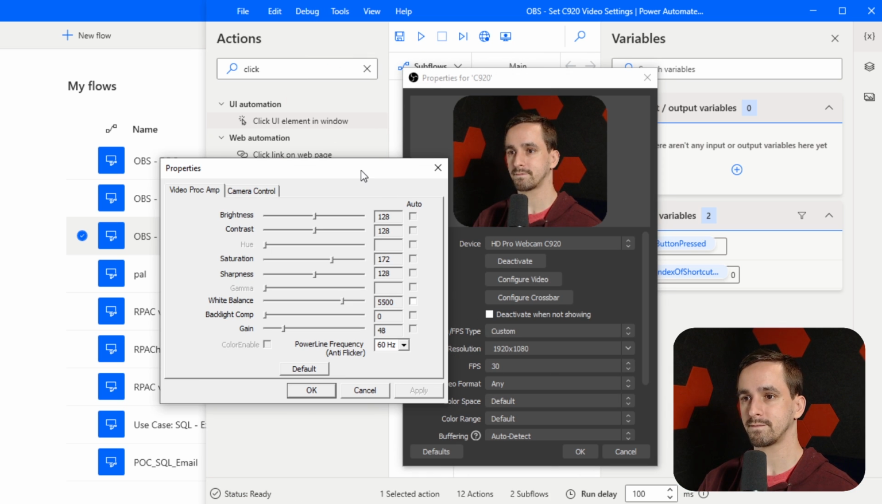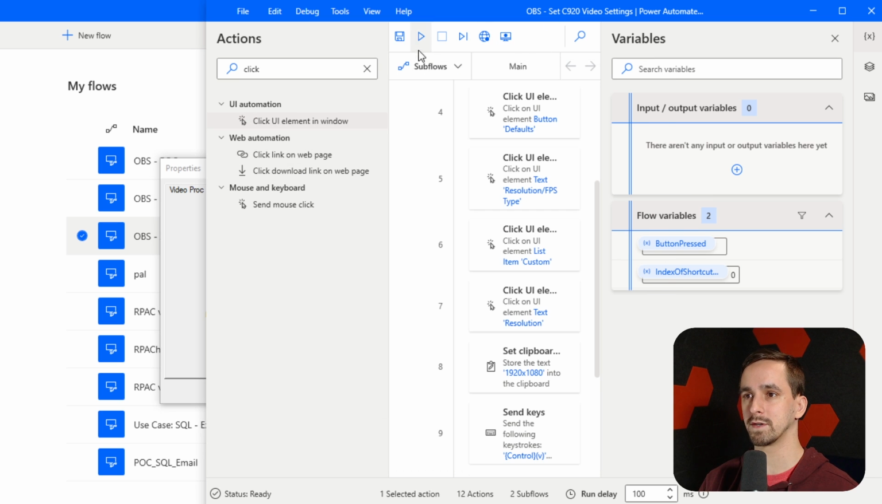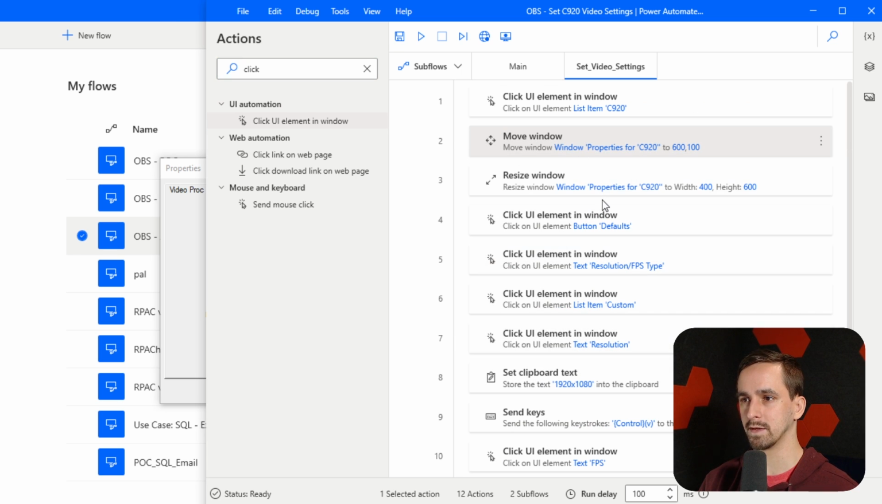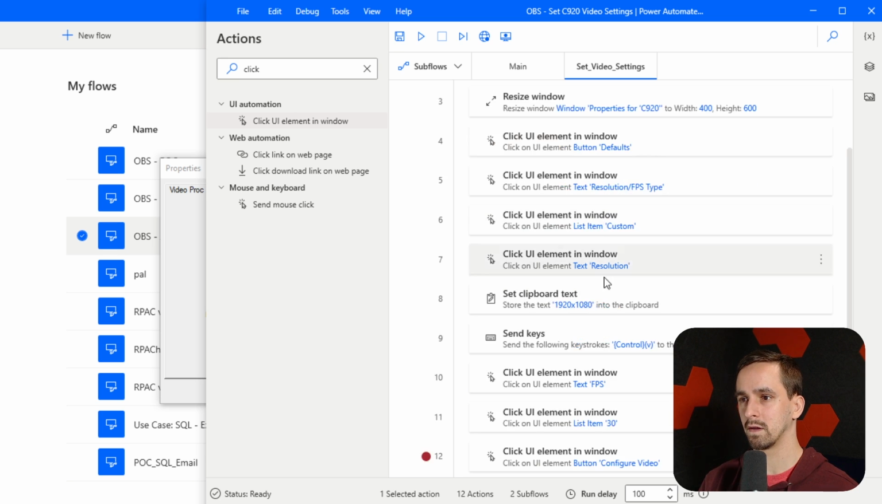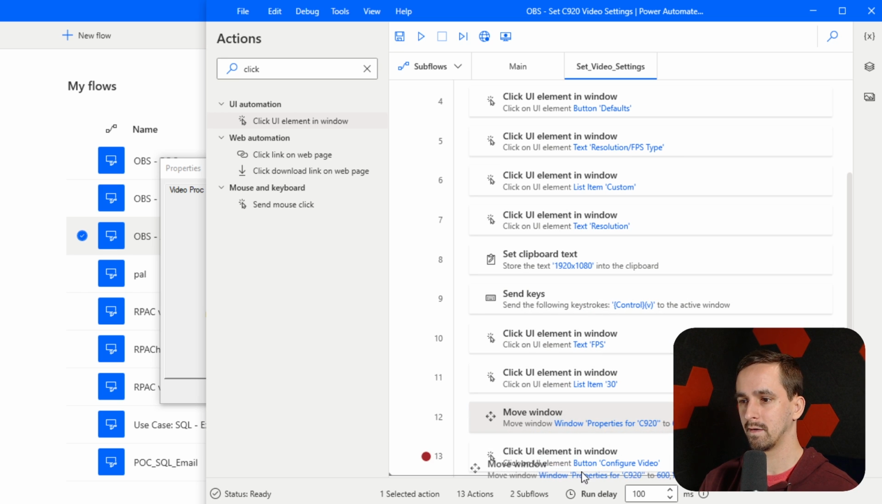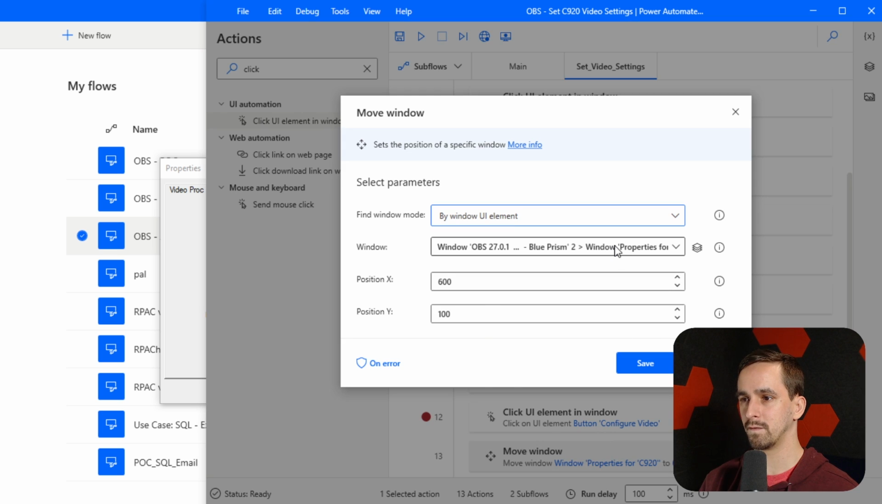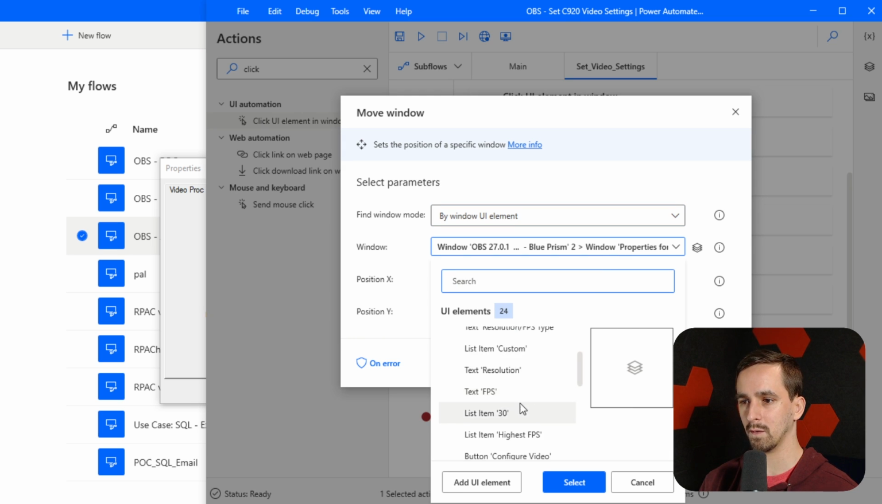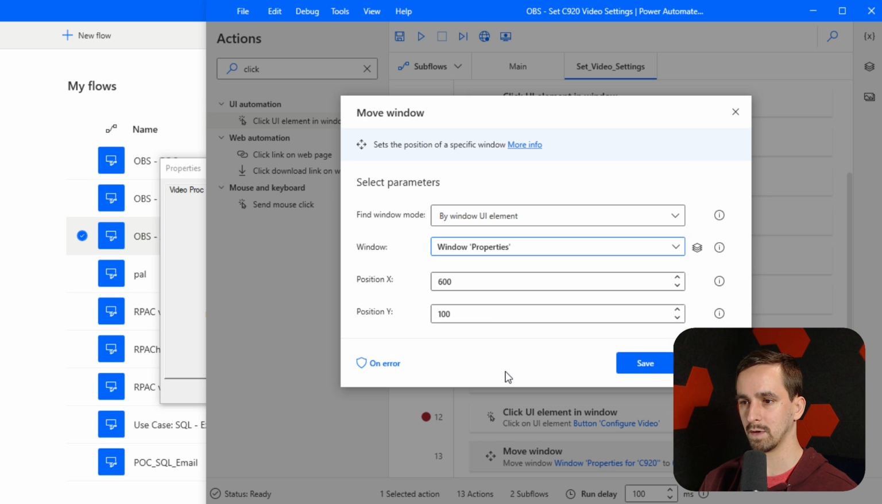Cool. At this point, we want to handle moving that window as well. So we're going to do another move window. Let me just copy the one that's up here and paste it down here. We're going to move the configure video, or not the configure video window. We want to move this window right here